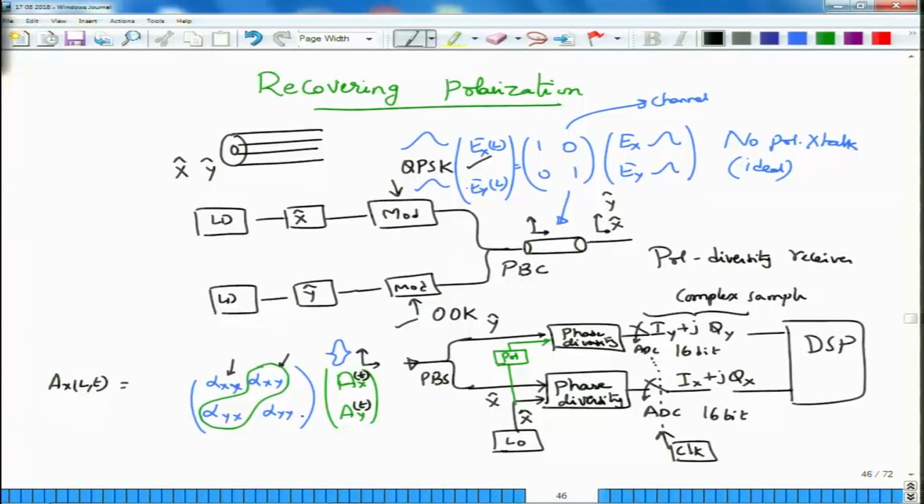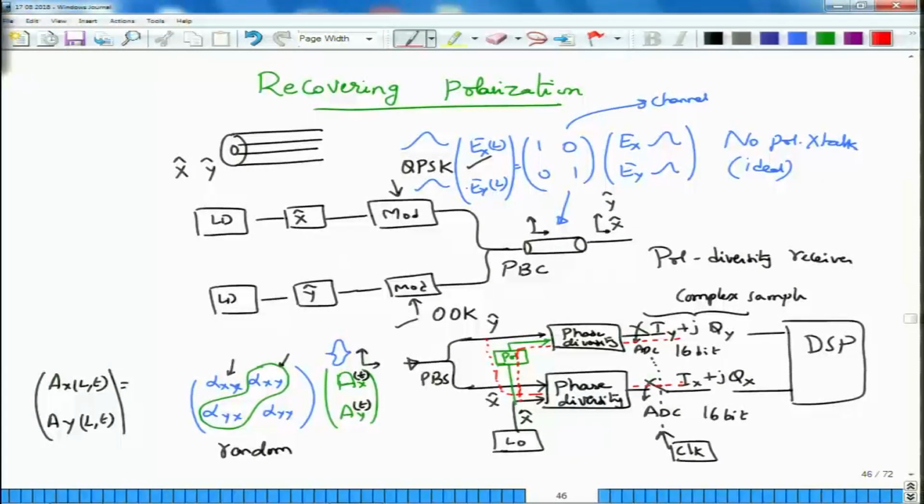So this matrix that I have written should not be interpreted as a deterministic matrix, but it is actually a random matrix, a matrix with parameters. Some of those parameters are essentially going to be random, and you need to actually remove this crosstalk from the two branches. Some portion of x would leak into the y polarized output, and some portion of y would leak into the x polarized information and then show up at the output.